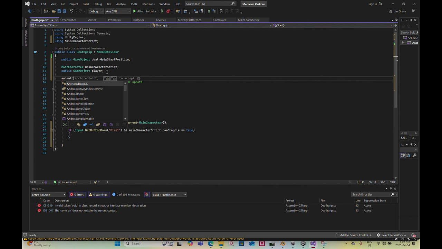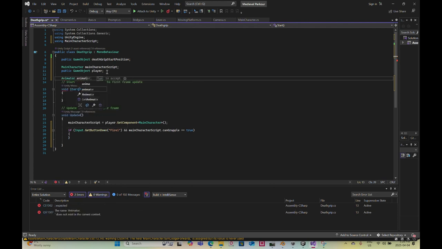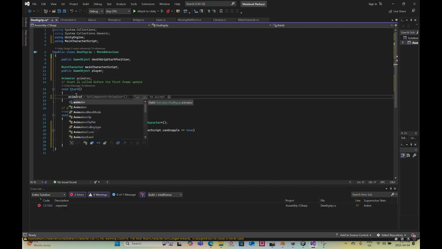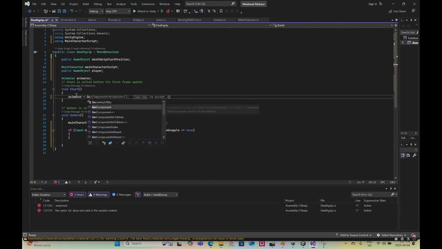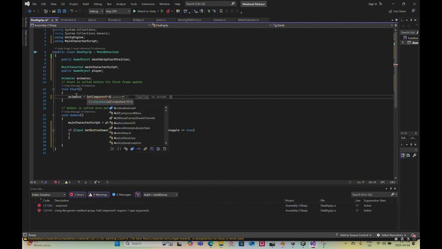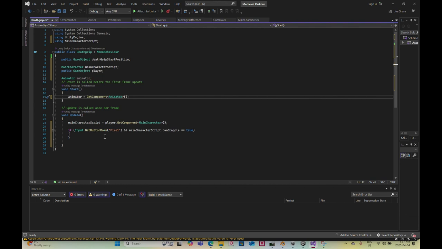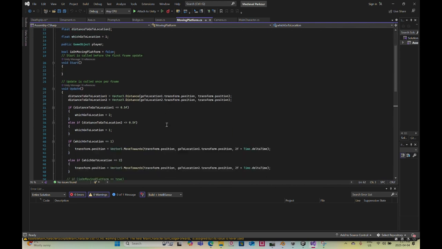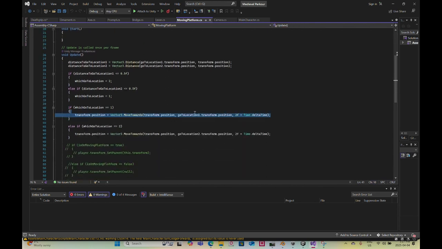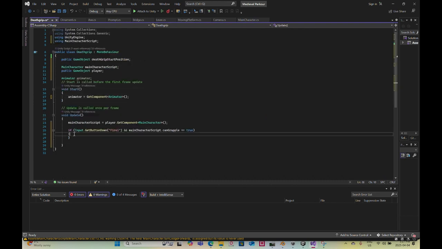In the start function, animator equals get component animator. If this is true, then I'm going to move towards